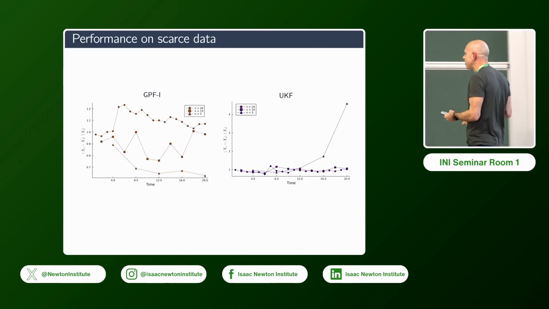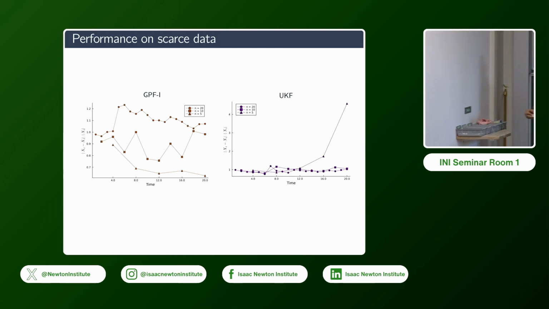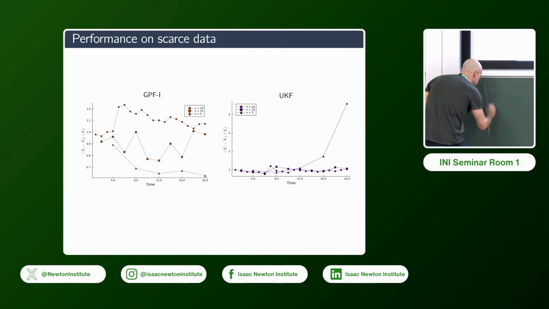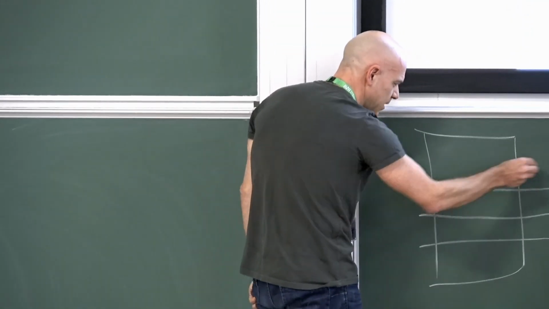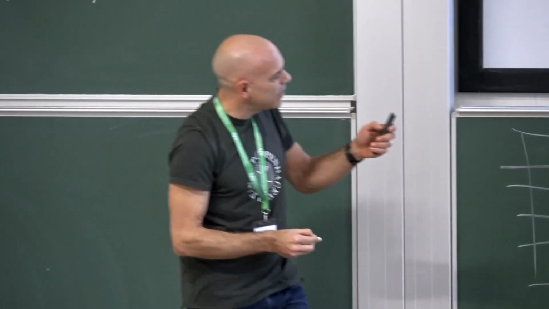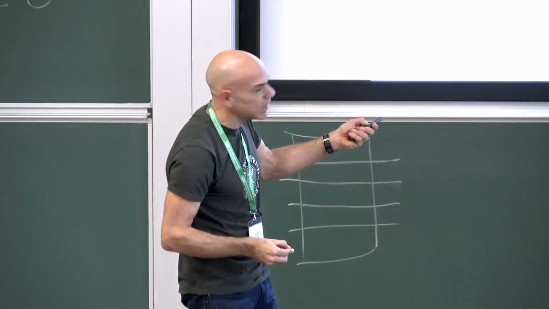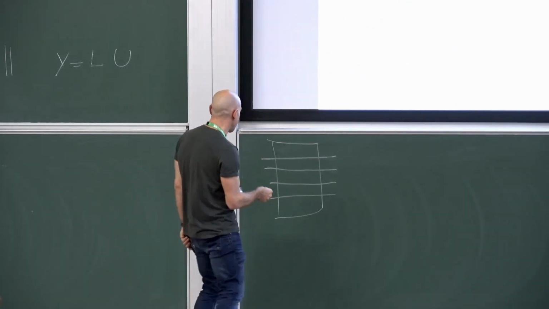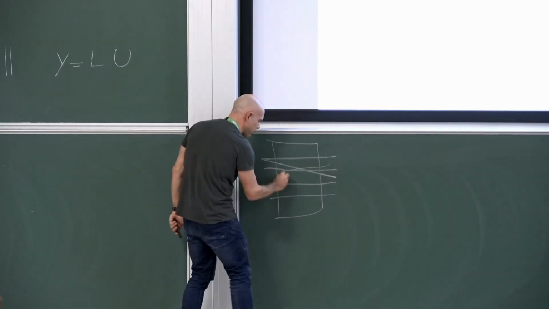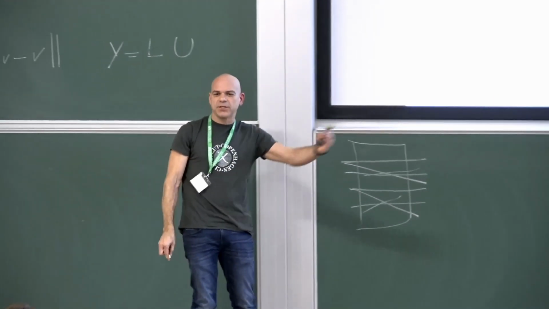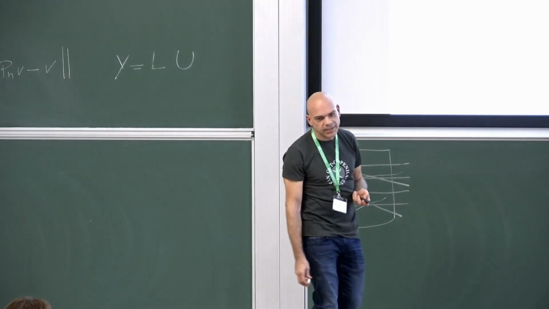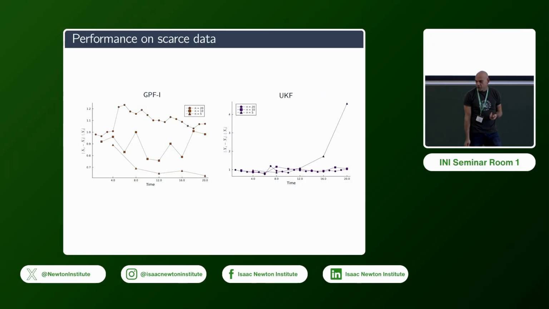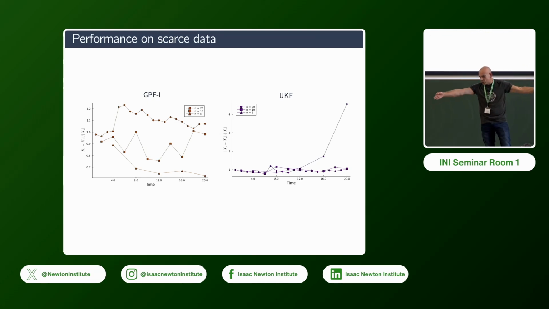So at the moment, we have taken these observations. Remember, I had this grid of observations, and I think we did 20 of them. Now, in the experiment on the left-hand side, we take the unscented Kalman filter and then omit some readings, assuming what happens when you have a large scarcity of your data. Because the unscented Kalman filter does a linearization, you should expect it to do very badly when your epochs of observations are large.